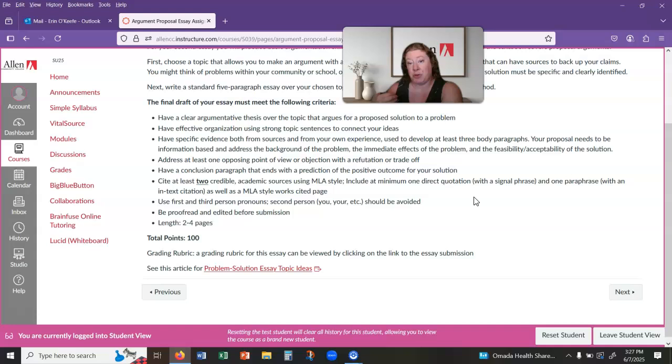You want to have at least 3 body paragraphs, so make sure you follow that 5-paragraph format. Each of the body paragraphs will cover one main idea that you want to emphasize about the solution, and then don't forget to cover the opposing viewpoint. That's what really makes it an argument, looking at any major objections that might be brought up, and then what is your refutation, or maybe a trade-off might be needed. We may not have the money, but what are some things that we can do to earn the money, that kind of thing.